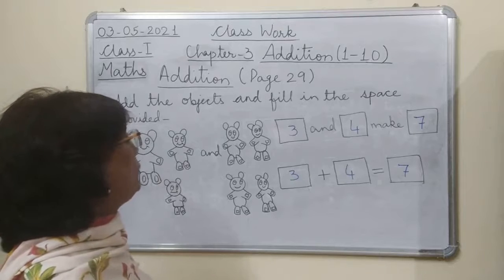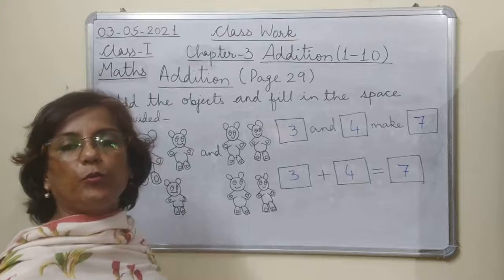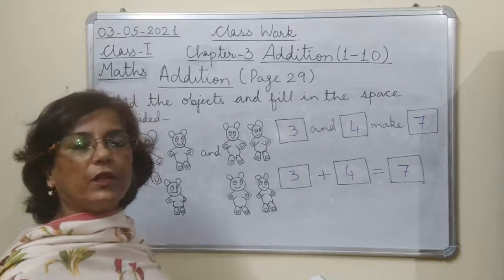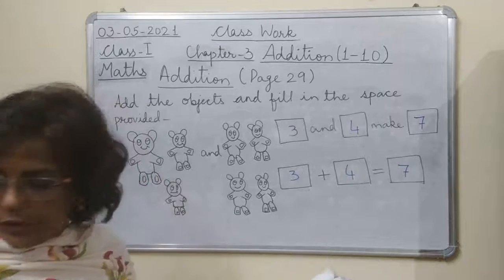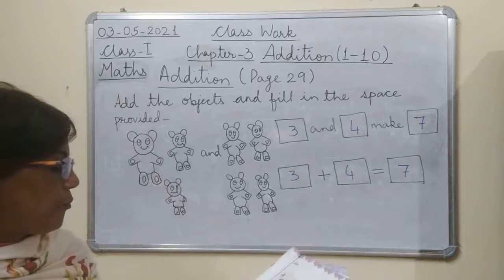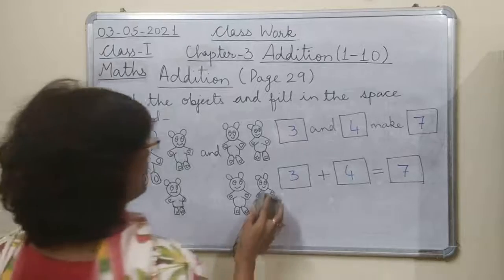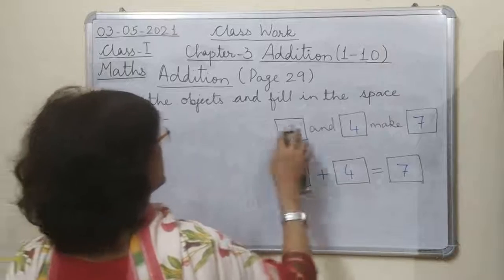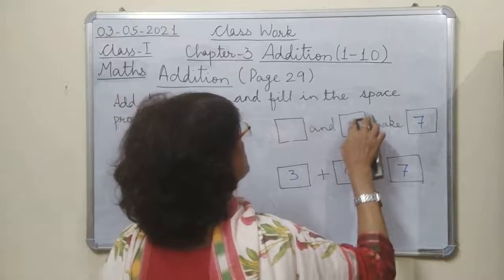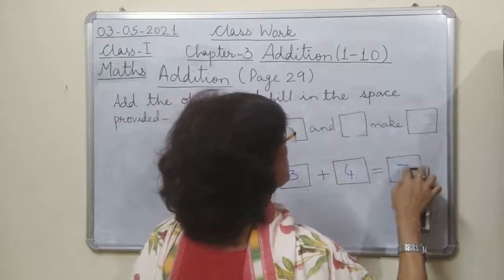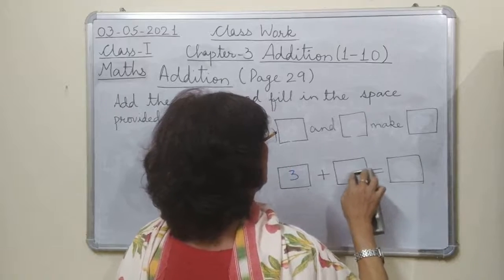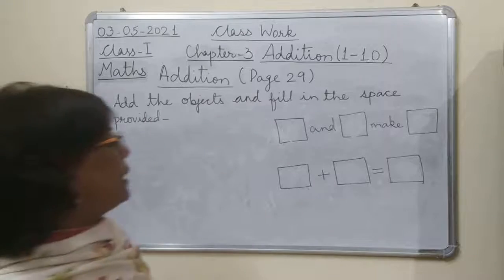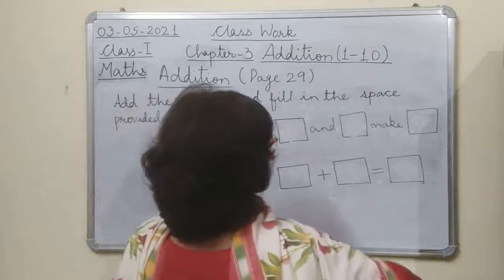Now next is, I hope you have done this one in your book. ये आपको अपने बुक में एक्सरसाइज करनी है. ठीक है. Now the next one. ठीक है. I'm simply erasing the numbers inside so that I don't have to make the box again. फिर से मुझे बॉक्स ना बढ़ाना पड़े. ठीक है.